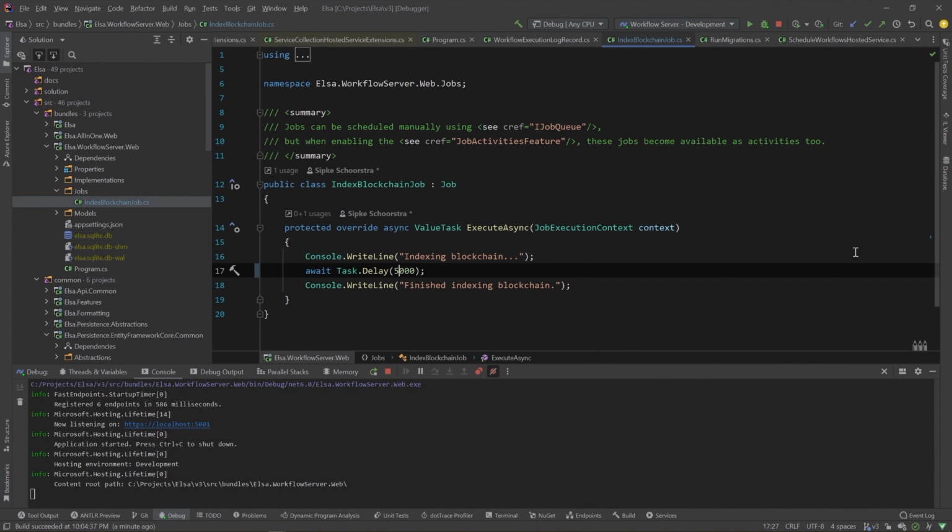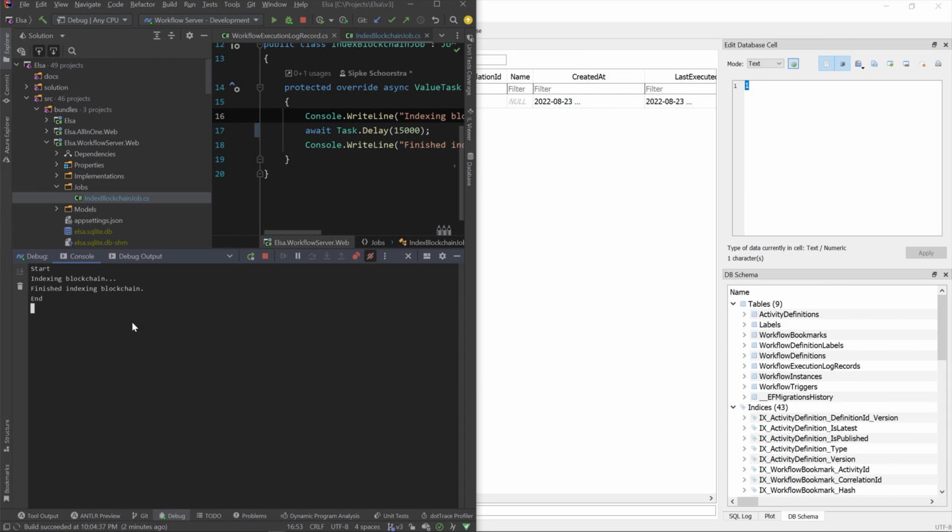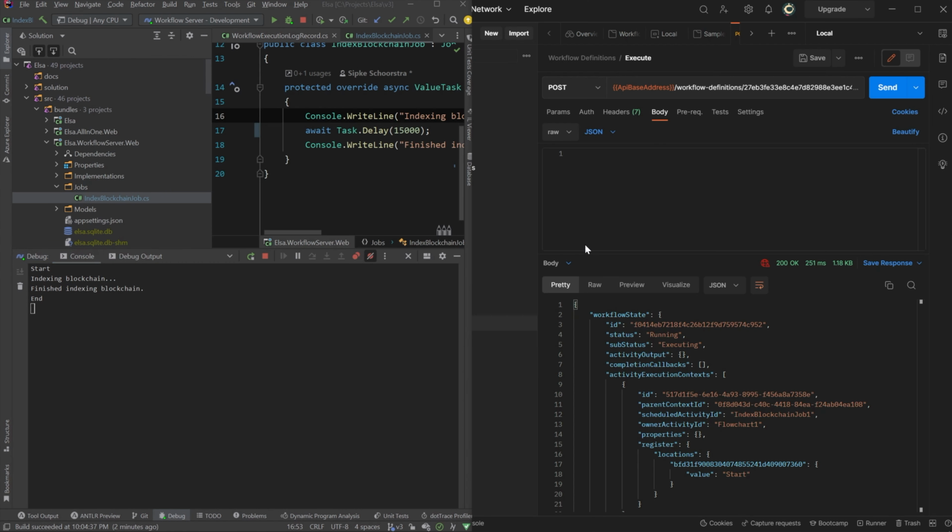Let's clean this up and send. So here we see start and the first line of the job, which is now running. Oh, I was a little bit too late. It finished already. Let's start again. Of course, here we see that it finished and it ended, but